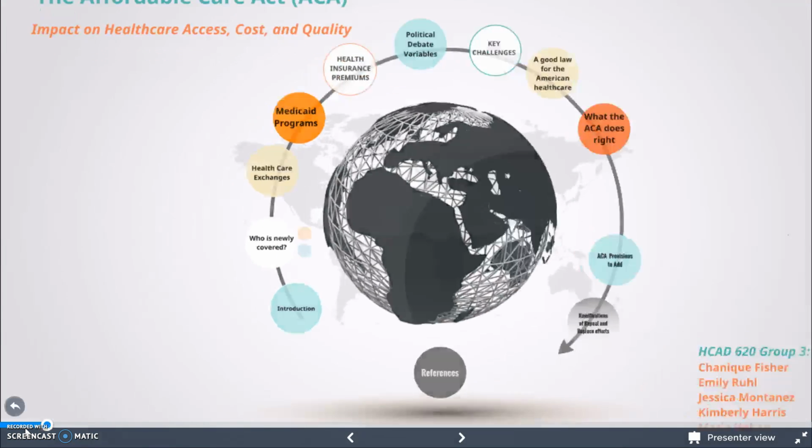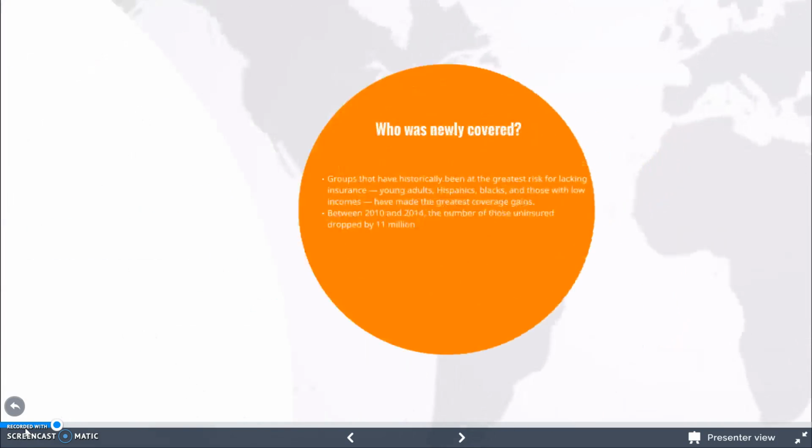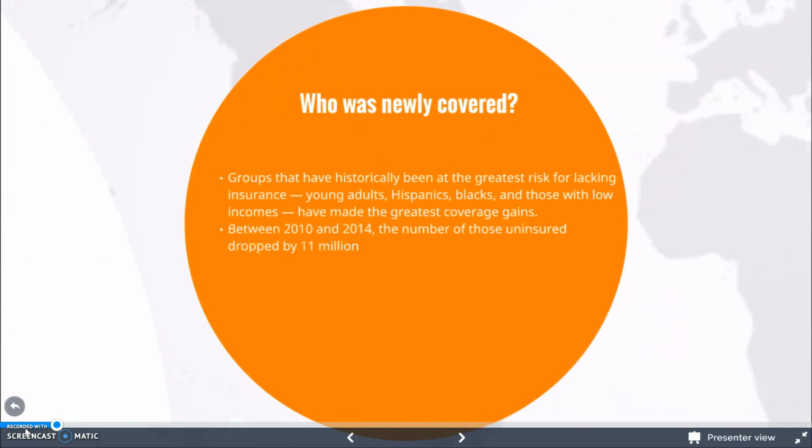To briefly skim through, those who were affected the most by the ACA were young adults, minorities, and those with low incomes or part of low-income families. Between 2010 and 2014, the number of those uninsured dropped by 11 million. To add on the side, before the Affordable Care Act was passed by our former President Barack Obama, 47 million